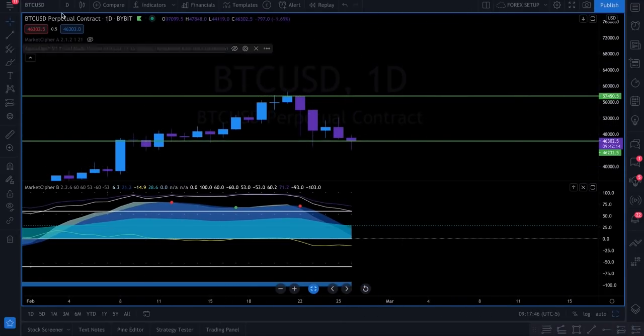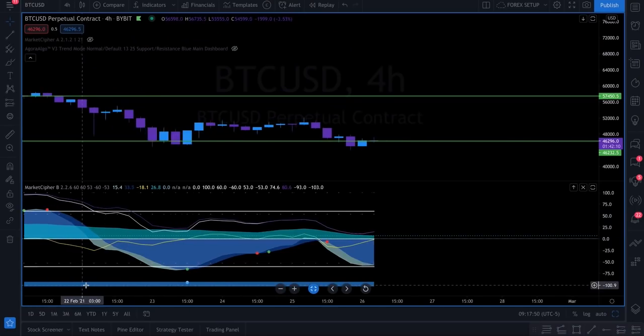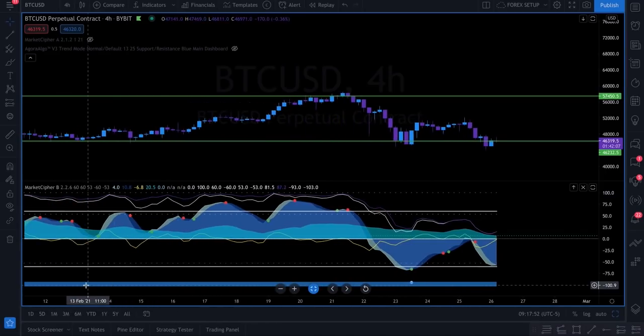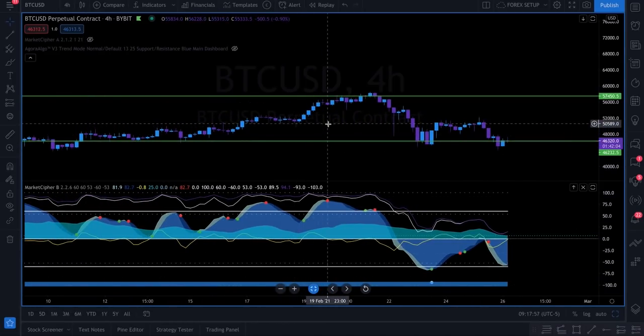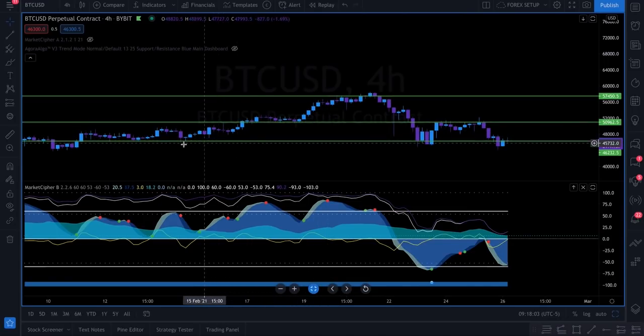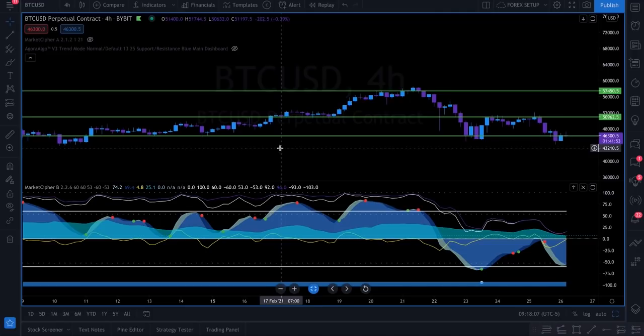And then you would zoom in to the 4 hour, and you do the same thing on the 4 hour, where basically you're looking for places where the price found sticking points. Now, one place that really sticks out to me is right here. The reason this area sticks out to me, if you look, is because this price point, around the $51,000 mark,